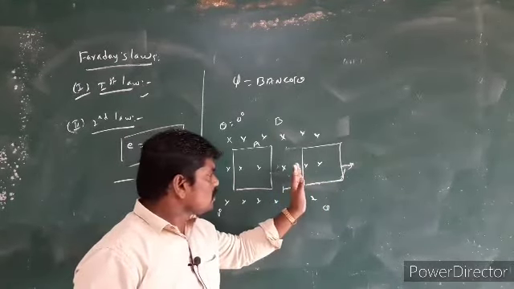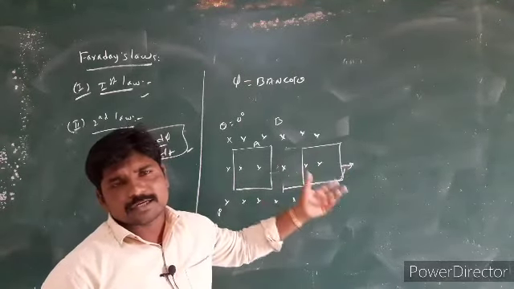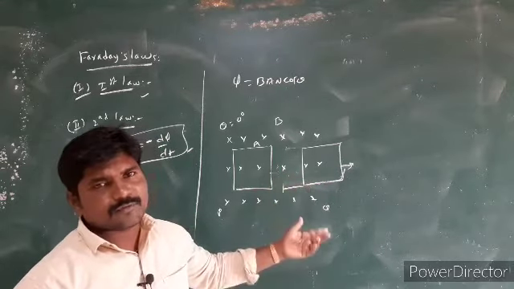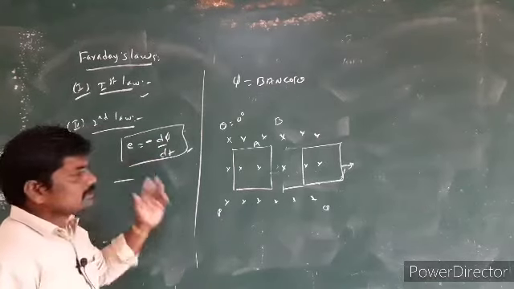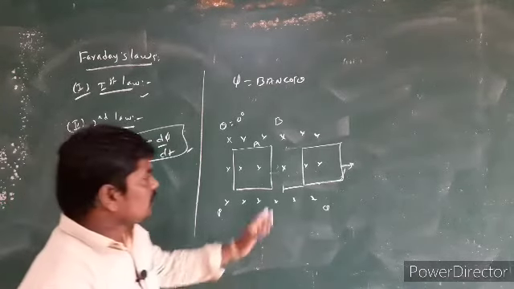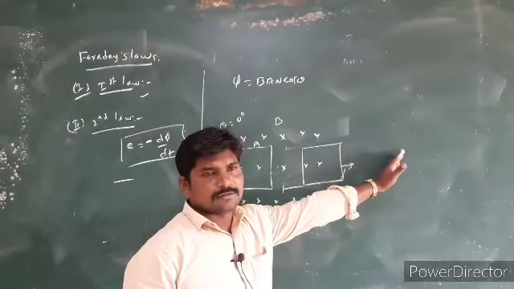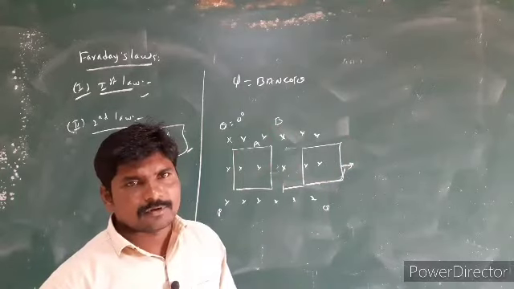This means the coil is moving out of the magnetic field. Therefore, the magnetic flux linked with the coil decreases, which means the flux linked with the coil changes. If the flux changes, what happens? EMF is induced. The induced EMF expression is like this. If the coil completely goes out of the field, the magnetic flux will become 0. There is no induced EMF.